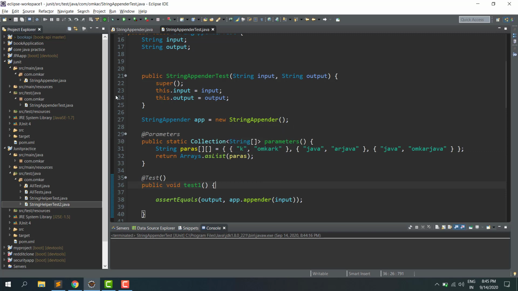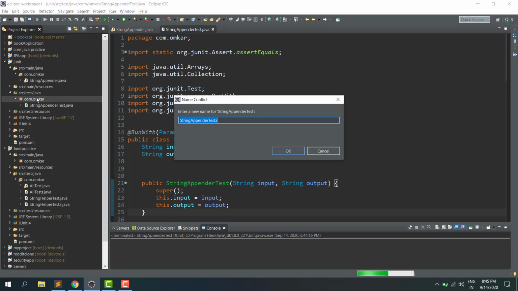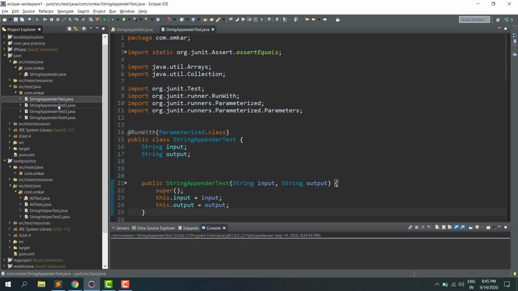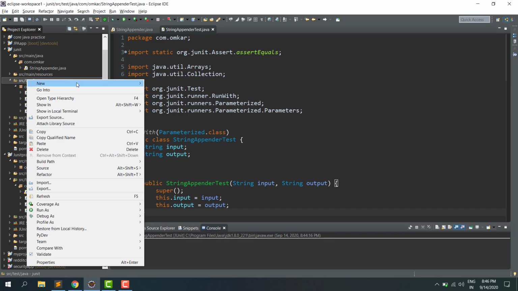The last thing is, in a real world scenario you might be dealing with many test cases. Here I have defined only one Java file for a test case, but there may be multiple cases you will be dealing with. So I will paste these. Consider you have to test these four files. What you will do is select all the ones you need at once. I'm selecting all four. Now on this I will right click, new,